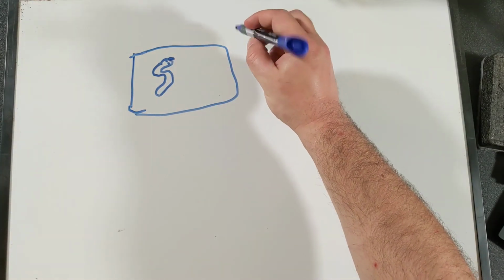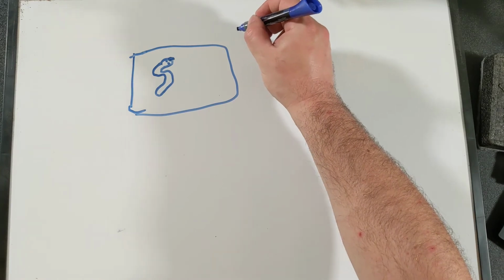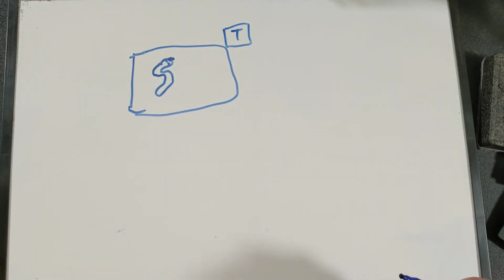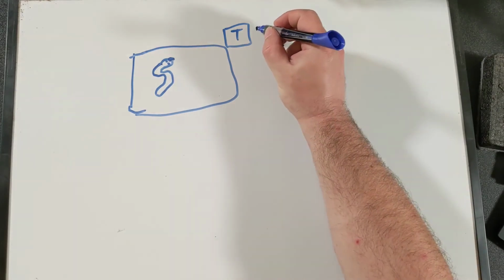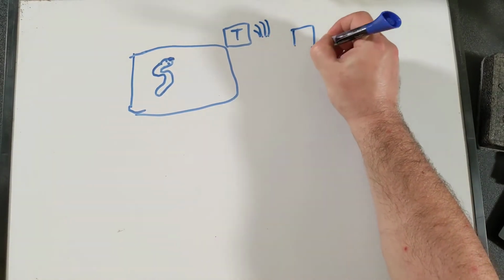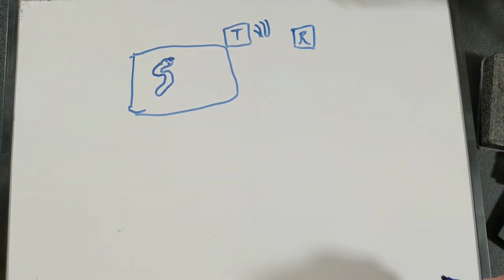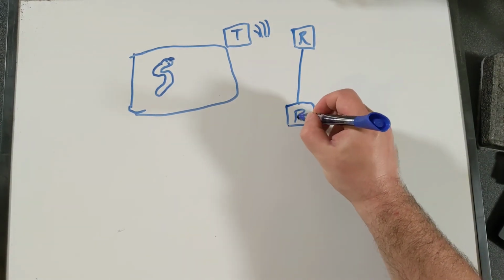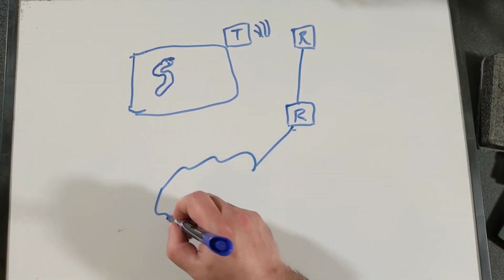And so the snakes live in snake cages. And in the room next to the snake cage, I have a temperature sensor. And that temperature sensor is hooked up to a computer. And that computer Wi-Fi's out to a Wi-Fi router. And that Wi-Fi router is on my local network. In fact, that Wi-Fi router is hooked up to another router, which is then hooked up to the internet.